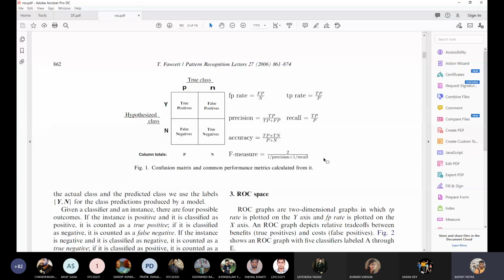Many applications say precision is very important, especially outlier detection and so on. Accuracy is very important. Instead of accuracy, the F1 measure is very important in typical classification problems. But there are many scenarios where that is not sufficient, so some people move to something called the ROC space. ROC space talks about the FP rate and the TP rate.